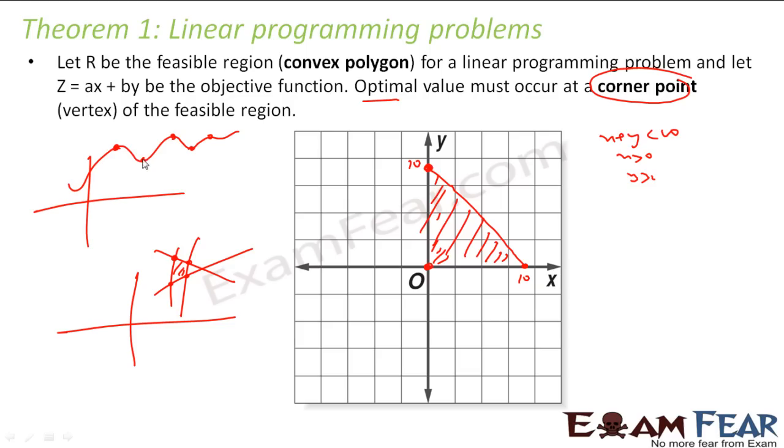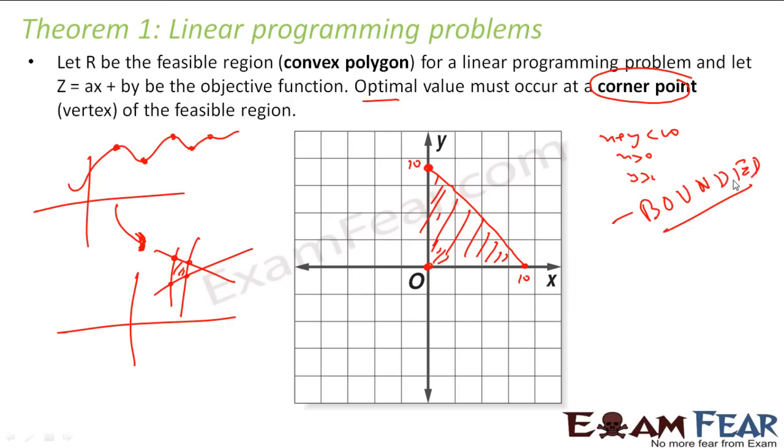Similarly, in the case of derivatives, you have seen the graphs, and the maximum and minimum values occur at the turning points. A similar concept is applied here, where the optimal values occur at the corner points. Currently, I don't have a proof for this. Maybe a lot of complex things are involved, but I see a similarity between the derivative and this, where we say the optimal value occurs at the turning point; here I'm taking that the optimal value occurs at the corner point. So this theorem is true for a bounded region.